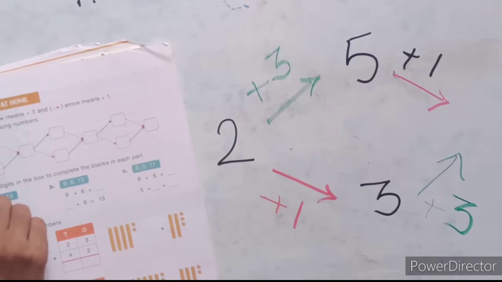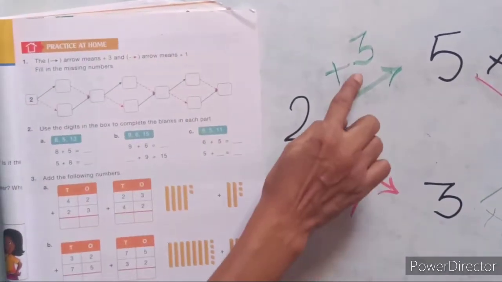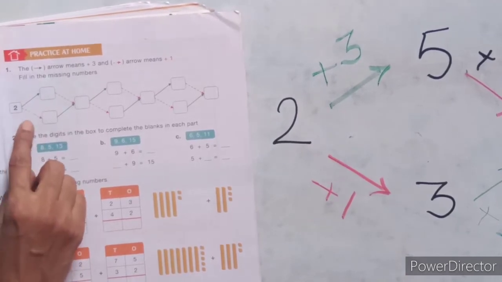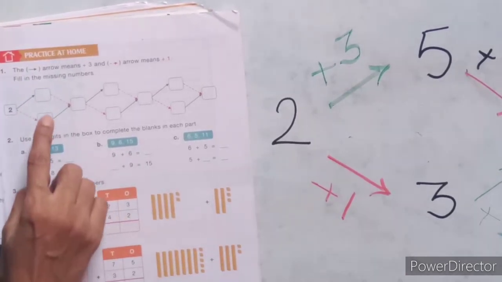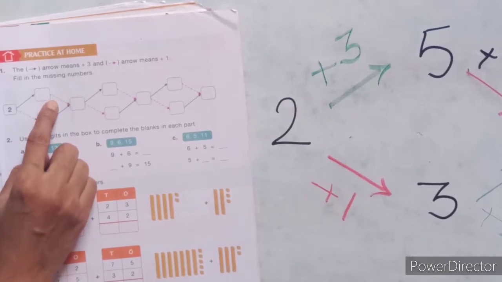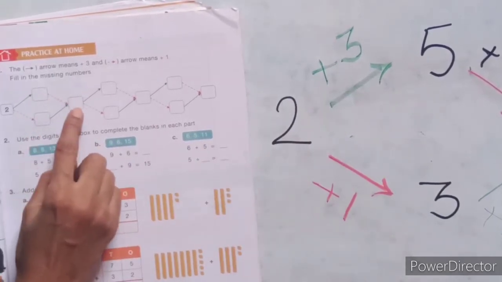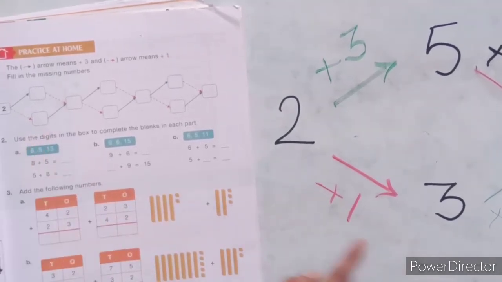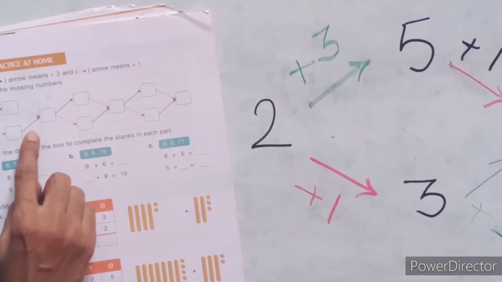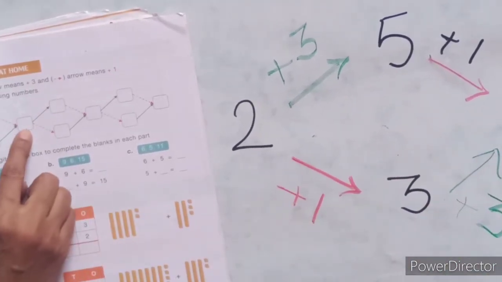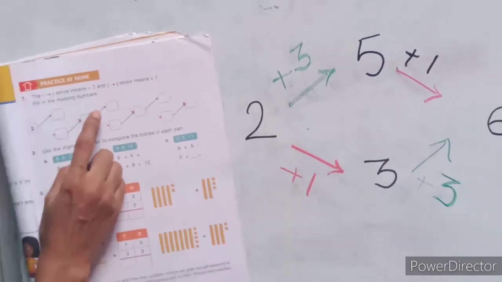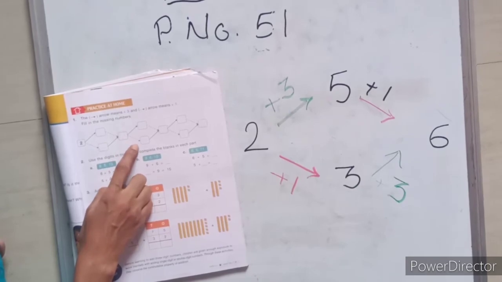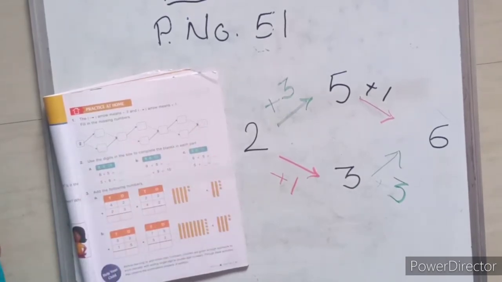Now, see in this book, here 2 plus this 3, here will come 5, here 2 plus 1, here will come this 3. Again we add: here is a red arrow, meaning we add 1, 5 plus 1, 6, and here is a green arrow, meaning to this 3 we add again 3. So, 3 plus 3, 6, here is 6. Now, again you have to continue the same. Green arrow means plus 3, red means plus 1, and then complete this whole question.